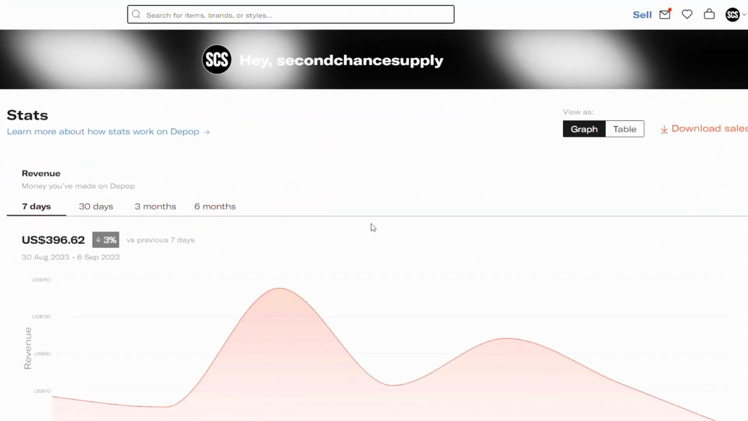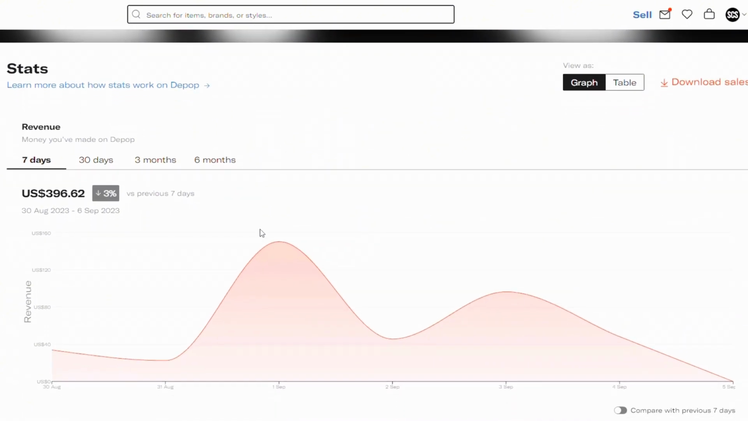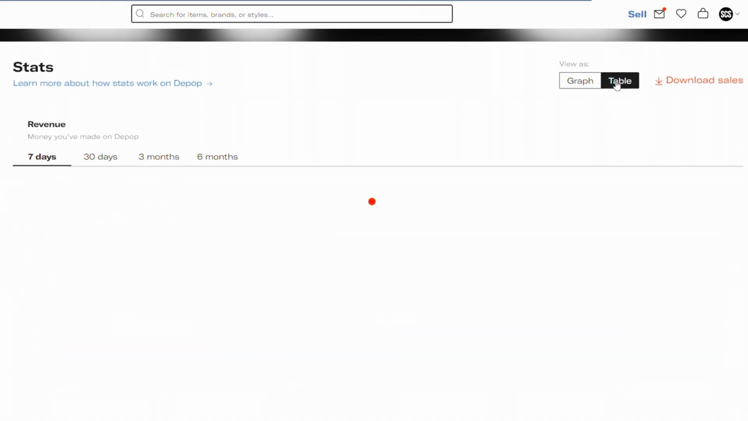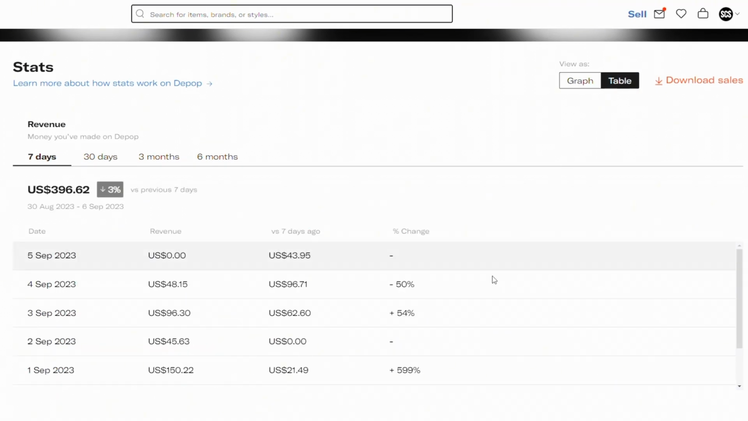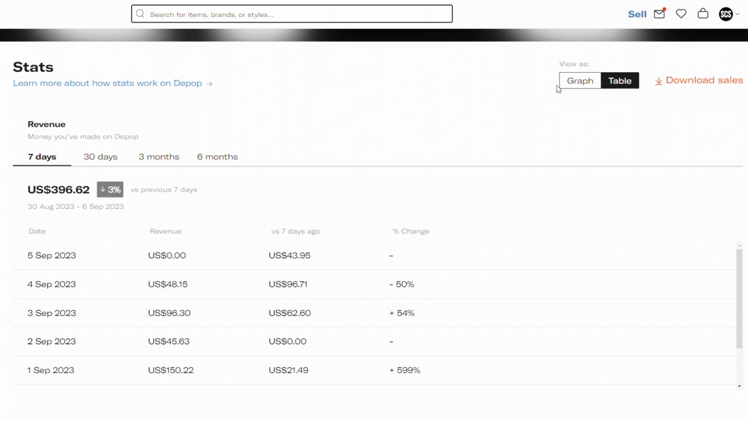Once you do that, it's going to bring you to this page where we're going to have a few options to view our stats. So once you're here, you have two options to view this graph. You can either view it as a graph or a table. Personally, I always use the graph, but this is what the table looks like. It's a little bit more numbers oriented, but I just prefer to use the graph because it's a little bit